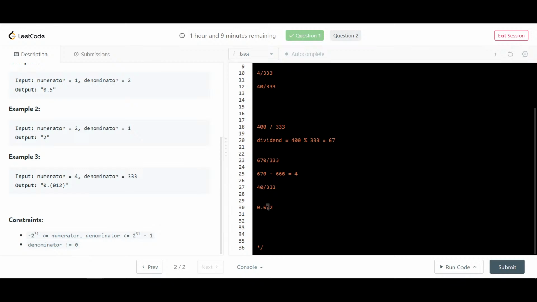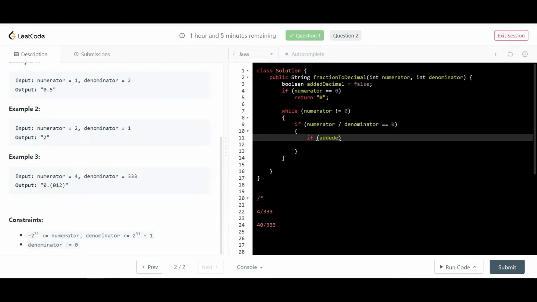There are two cases here. One is whether a decimal is added or not. If decimal has been added, then it's simple, then you just do